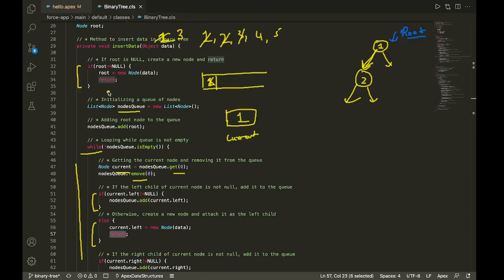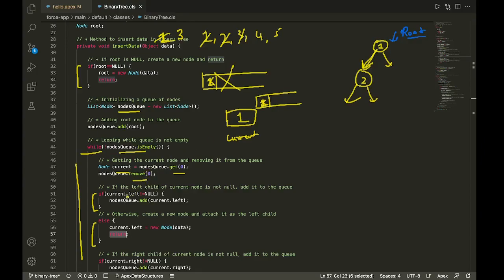What I'm going to do, I'm going to move ahead and create a queue of nodes. So let's say I create a new queue like this, and then I'm going to add root node inside my queue. So I'm going to add 1 inside my queue. After that, I'm going to check while my queue is not empty. So my queue is not empty. I'm going to get the first node from the queue and mark it as the current node. So 1 is popped and it is marked as the current node.